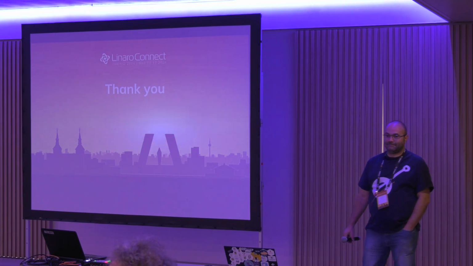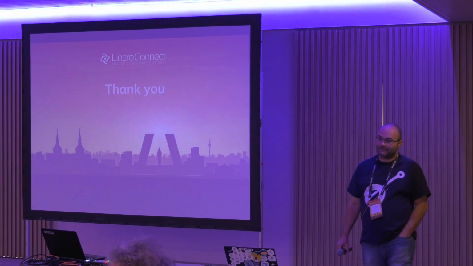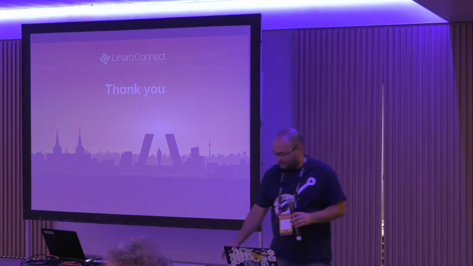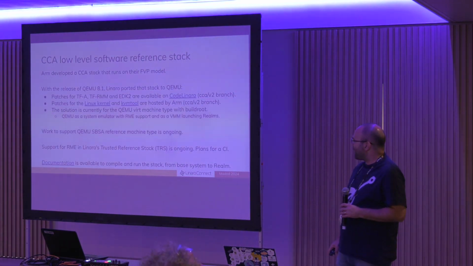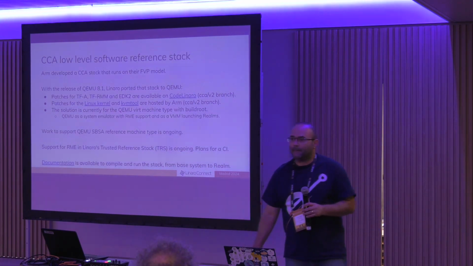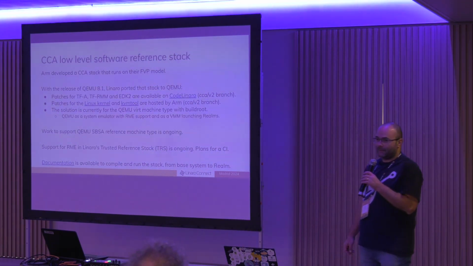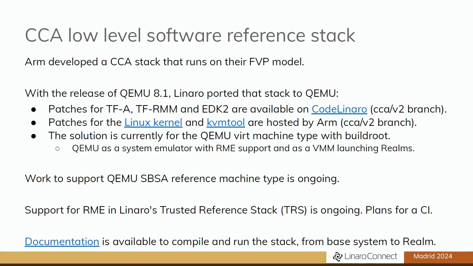Hi. On the status of the patches that you were showing in the previous slide, firmware and kernel. So I get it that on the kernel side, you're picking up public patches available, hosted by ARM on some development branches. How about the firmware pieces? And is there any chance to move those to some trusted firmware development branches, or to move the conversation on the trusted firmware mailing lists, for example?